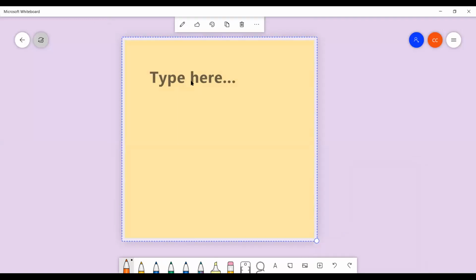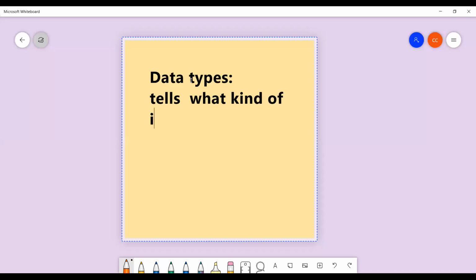Again, our concept is data types. The meaning of a data type is that it tells what kind of information a variable holds.